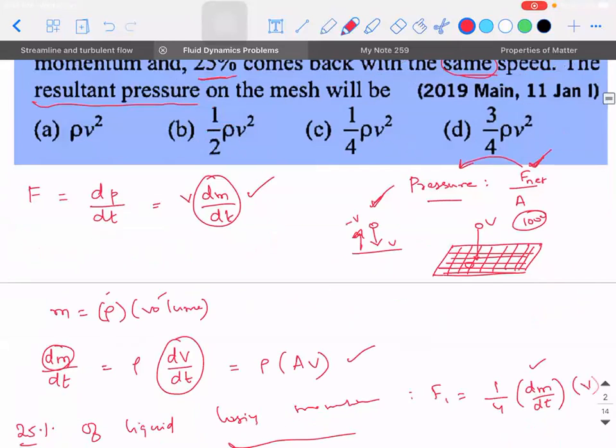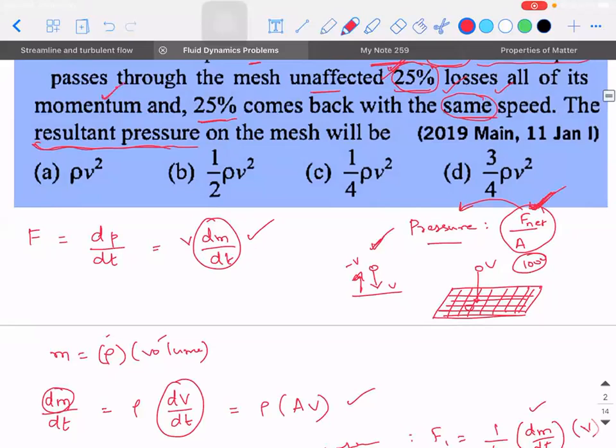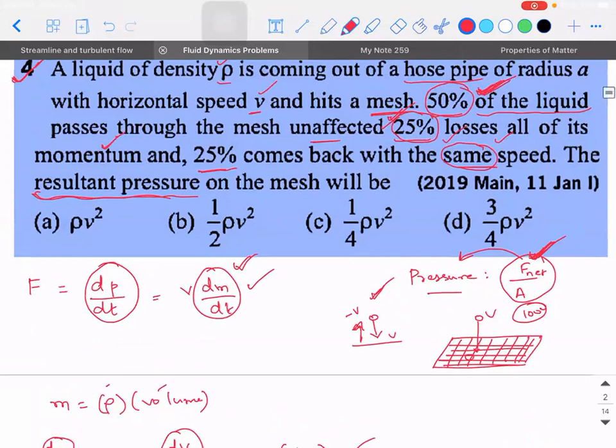Okay, what I am saying is, you need to calculate the pressure. So they're asking the resultant pressure. Now resultant pressure is the net force divided by the area. That is what I'm trying to say. If I need net force, since they are speaking in terms of momentum, I'm trying to write force in terms of momentum. Force is, according to Newton's second law, rate of change of linear momentum. So in this problem, the momentum is changing because of the change in mass, because the mass is getting divided into three parts: 50%, 25%, and 25%. So each mass is contributes a different amount of momentum depending on the condition that they are given.